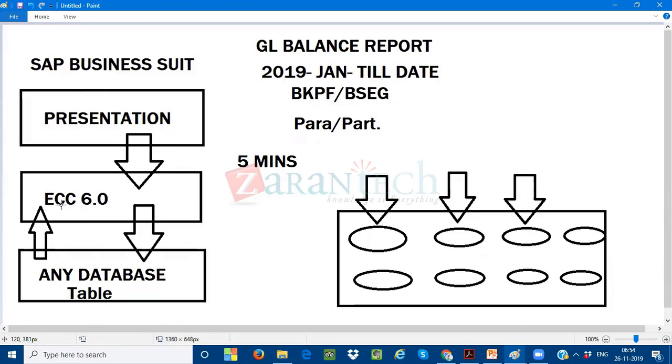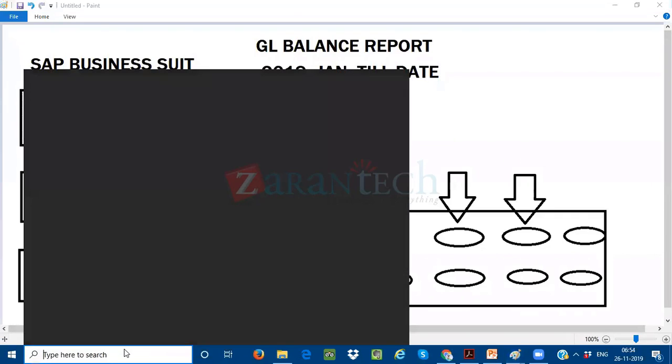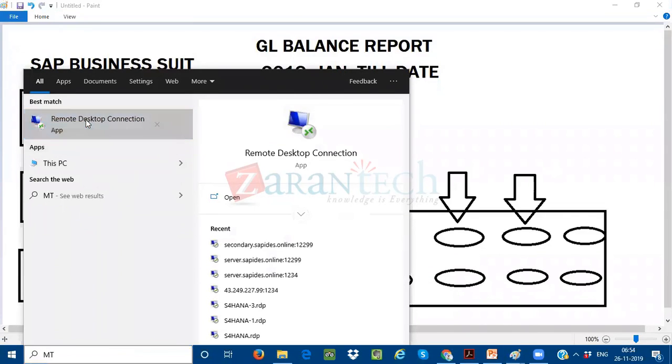If you see any report, you can see some compiling of the data. So for example, if I go to the system, I'll just log into one system.